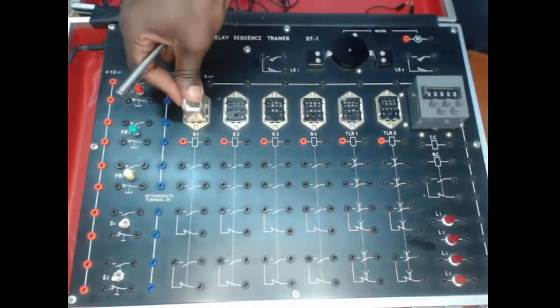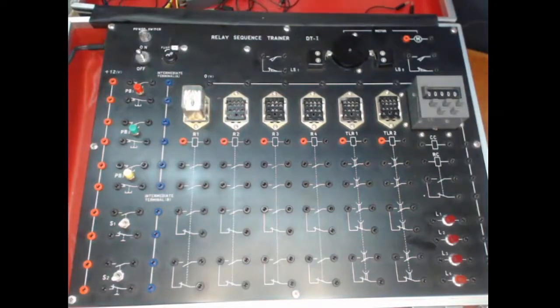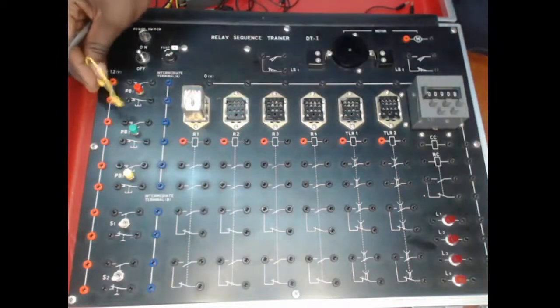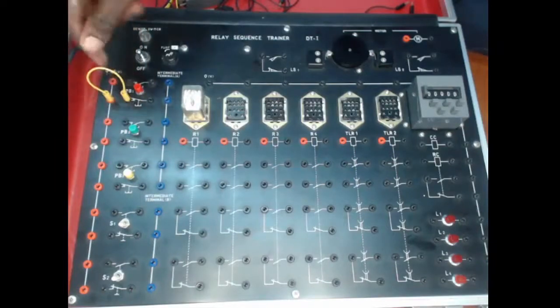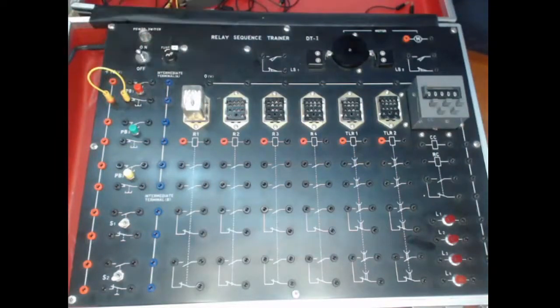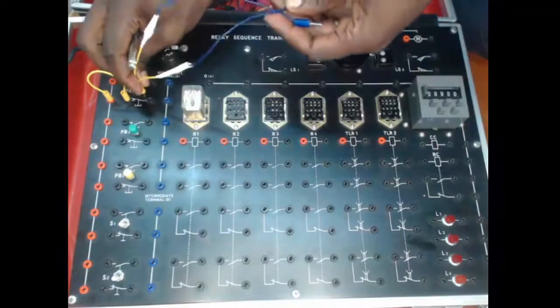Okay, so the relay is plugged in, and then we start to wire. We're coming from the live to the normally closed side of the stop button, and then from the normally closed side of the stop button, we're running 2 conductors, so we need a splitter. So here's a splitter. We've got one conductor